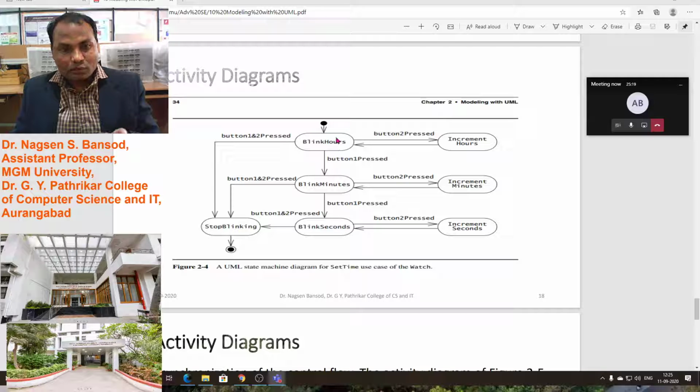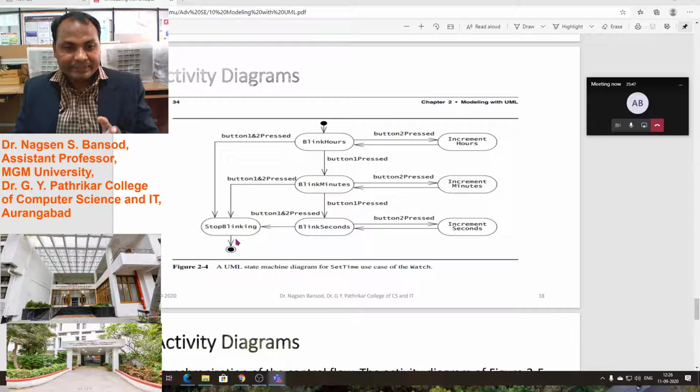To select, just press button 1, and that object will be selected. To change the hours we have to press button 2. Suppose we press button 2, then the hours will be increased and blinking will be stopped.